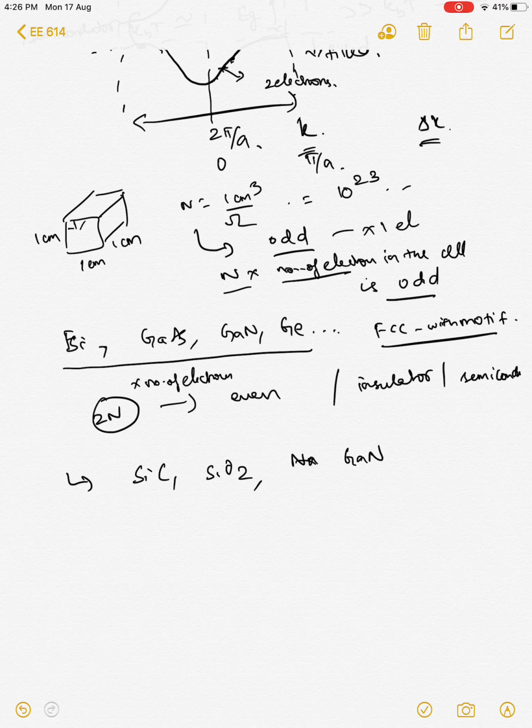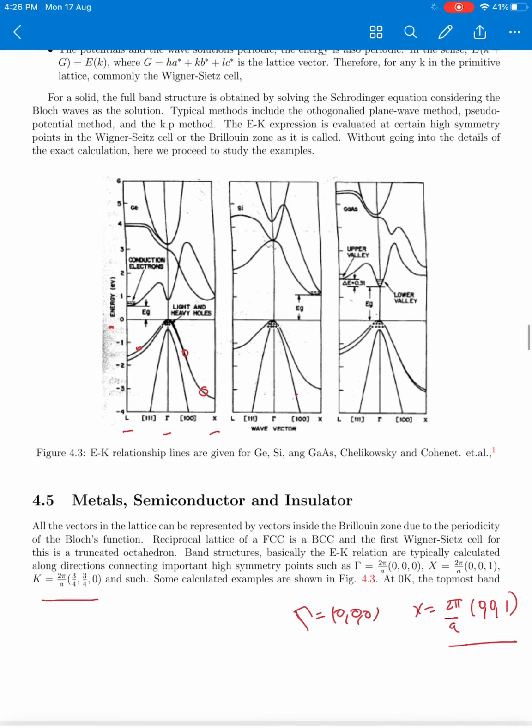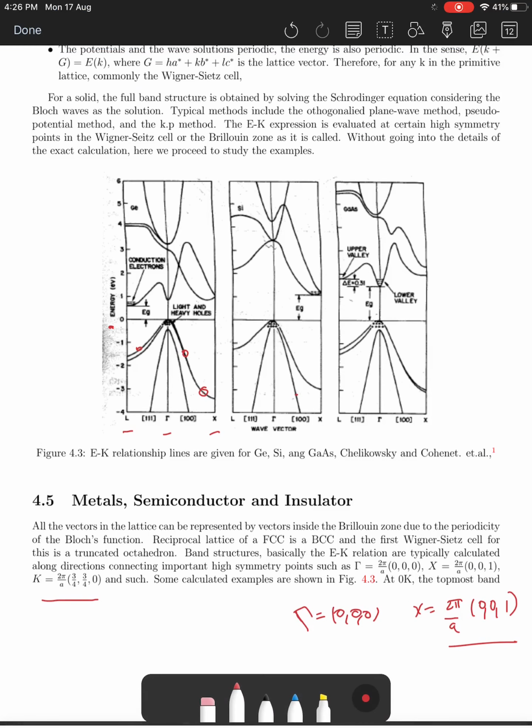has importance in optical characteristics of these materials. Let's see, once again go back to this band structure that we saw. So we saw that this is the valence band, right? And this is the conduction band. And once again, just to repeat myself, at 0 Kelvin the valence band is completely filled and the conduction band is completely empty. If the topmost energy of the valence band and the bottommost energy of the conduction band are